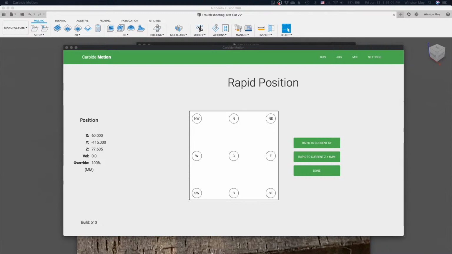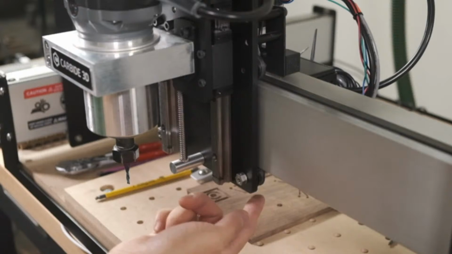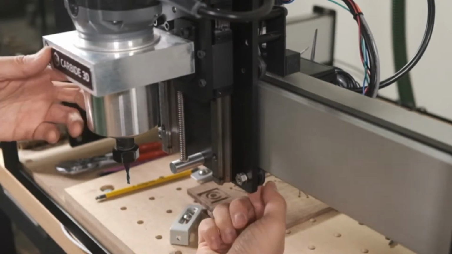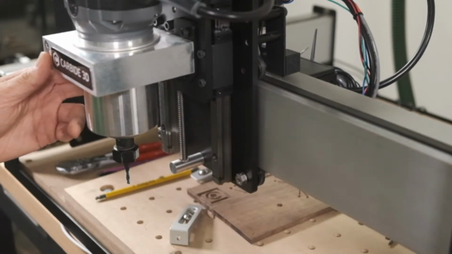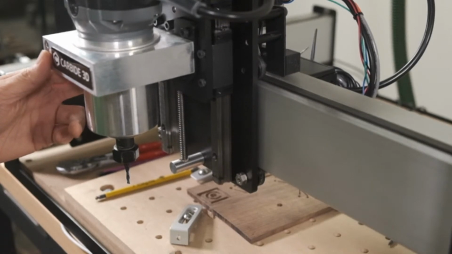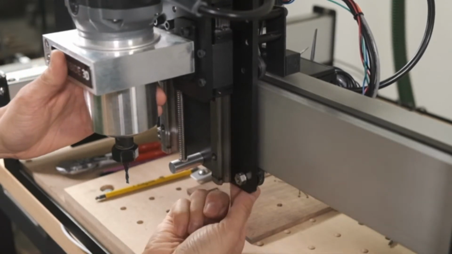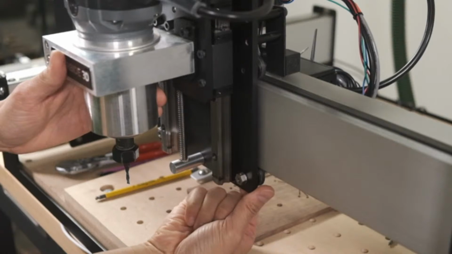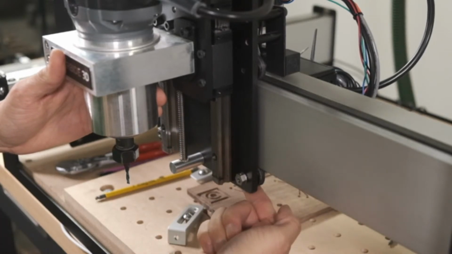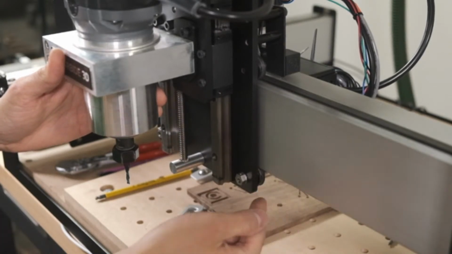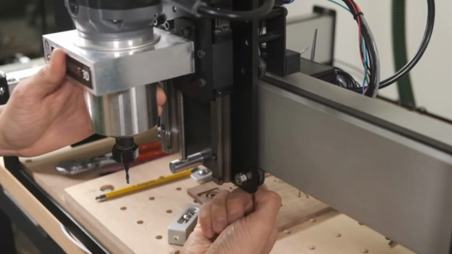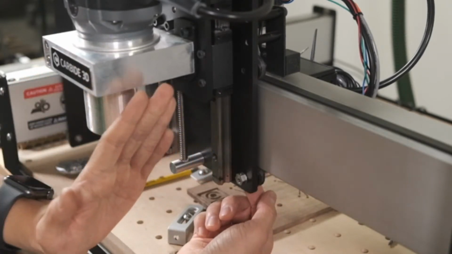So let's go back to the camera. So V-wheels. I have this one really loose. Let me see if I can change the ISO. Nope, that's locked. So right now I can rotate it freely with one finger. That is not good. I like to tighten these just until the point where if I jog the carriage back